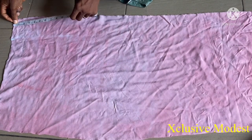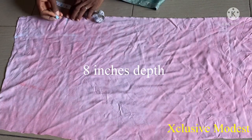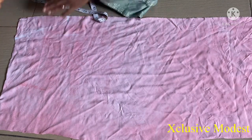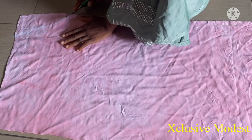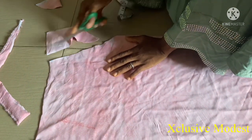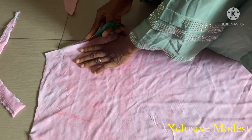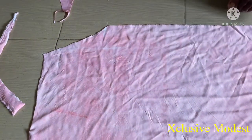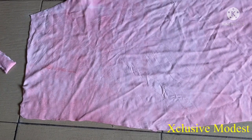The length of the front neck, I'll make it 8 inches. The neck at the front. Then from this 8 inches, I'm going to slant it up to 3.5 inches. Then I'll be cutting it out. So you can see the front. So after this, now let me show you where you're going to put the